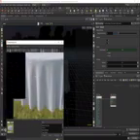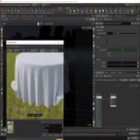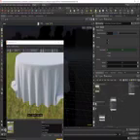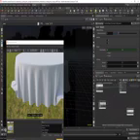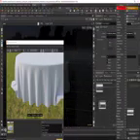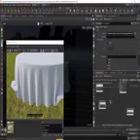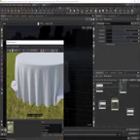Just refresh the render. Let's drop an RS change range to sort of remap those black and white values, because it's not very strong